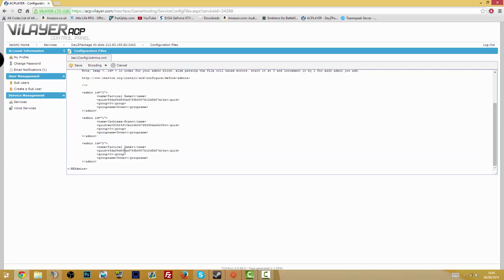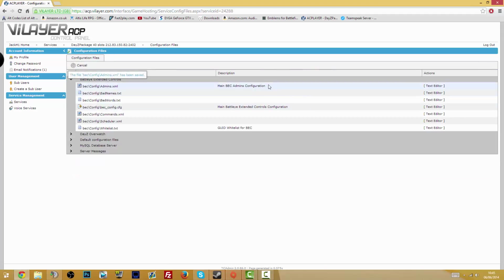Group name, group, once you've got your GUID and your name, so you need to do. Also, if it's not coming up in game once you've done that, check your GUIDs right, and if that still doesn't work, go to the main Battleye Extended Controls configuration file, open that in a text editor,